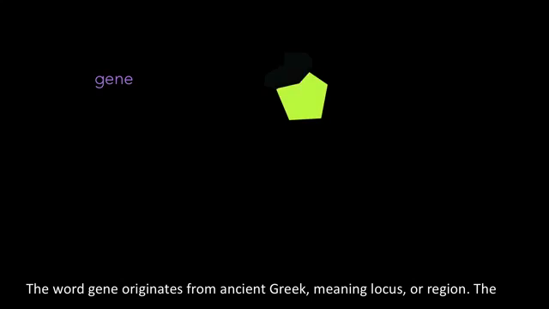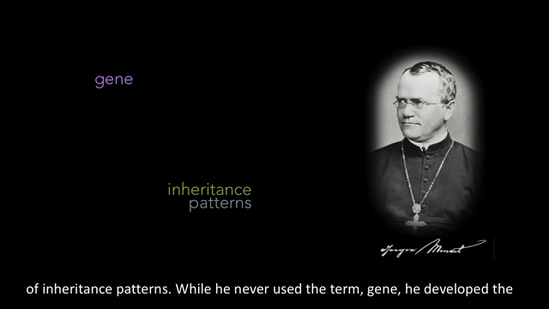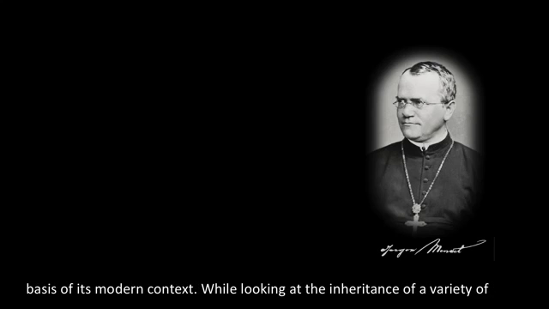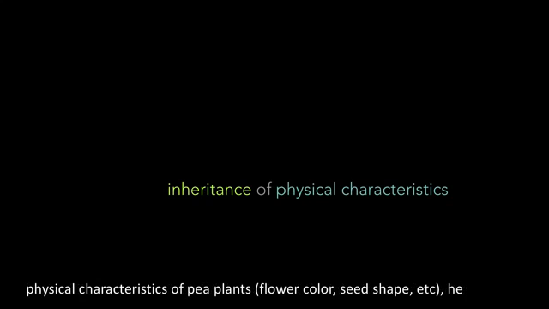The word gene originates from ancient Greek meaning locus or region. The concept of the gene originated with the work of Gregor Mendel and his discoveries of inheritance patterns. While he never used the term gene, he developed the basics of its modern context. While looking at the inheritance of a variety of physical characteristics of pea plants, such as flower color, seed shape,